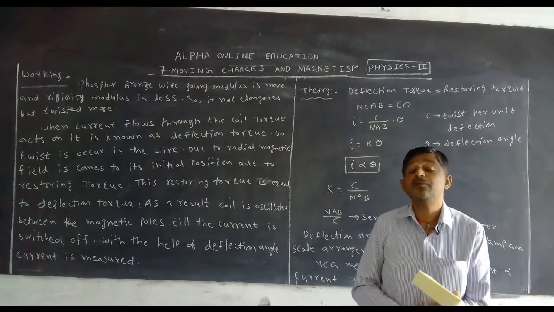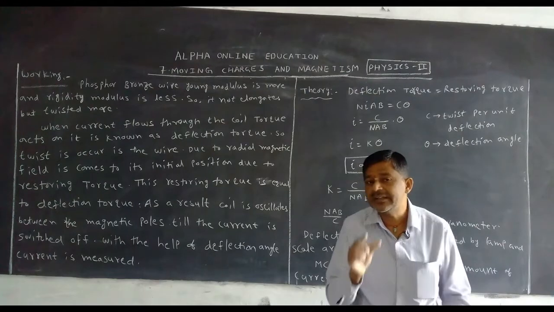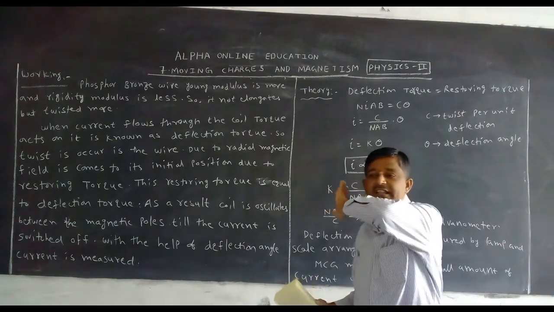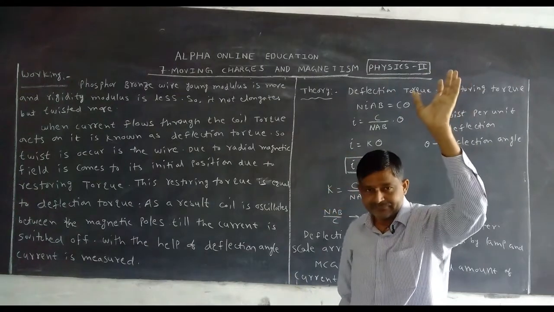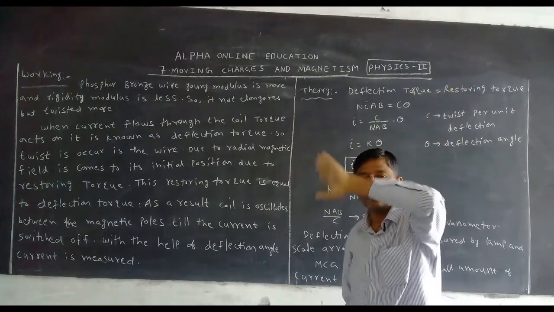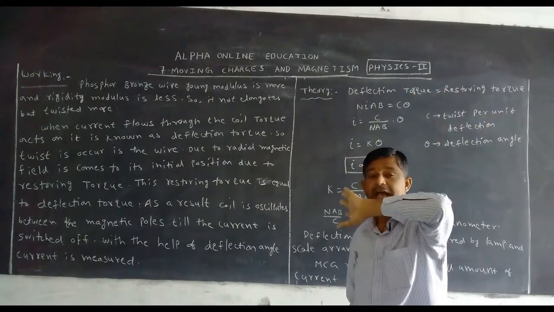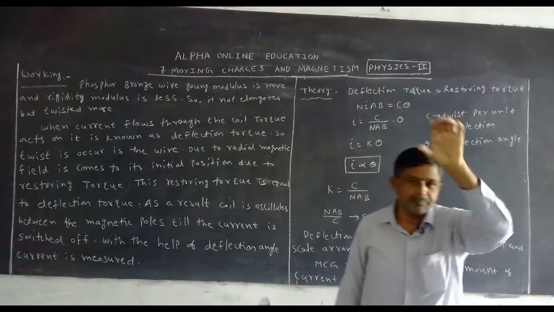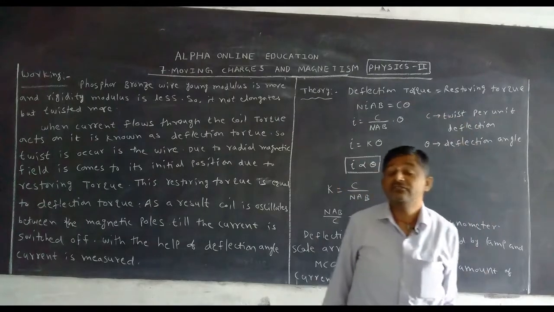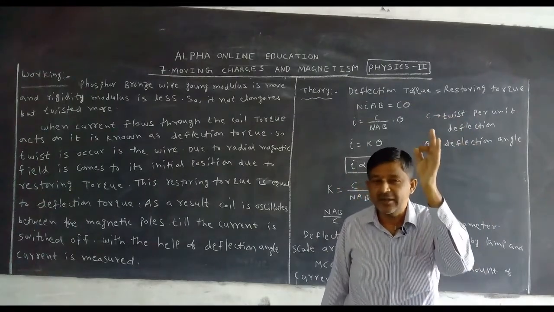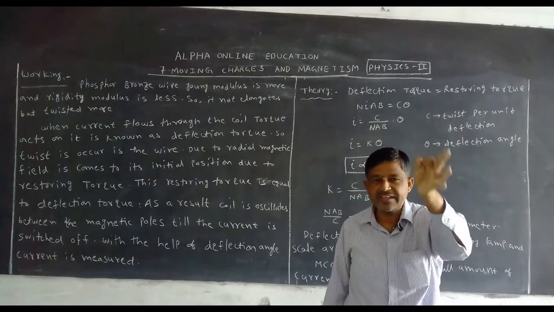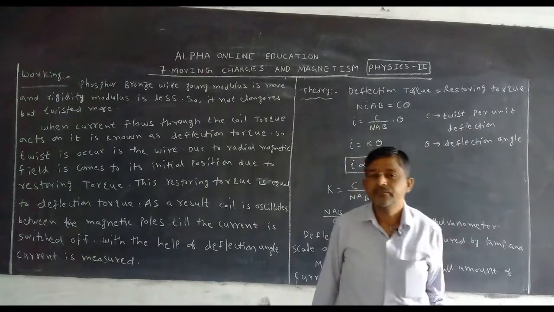Why is the mirror provided in the moving coil galvanometer? The mirror reflects the light that falls on it, which is why it is called lamp and scale. The light is reflected and falls on the scale. With the help of the lamp and scale, we can find theta with the help of the mirror provided in the moving coil galvanometer.